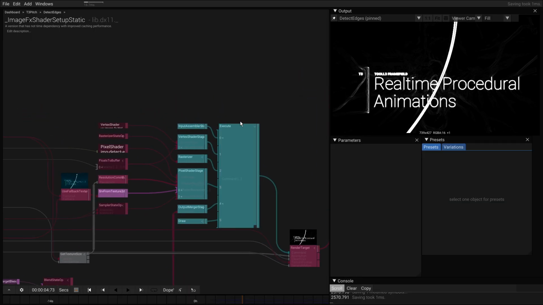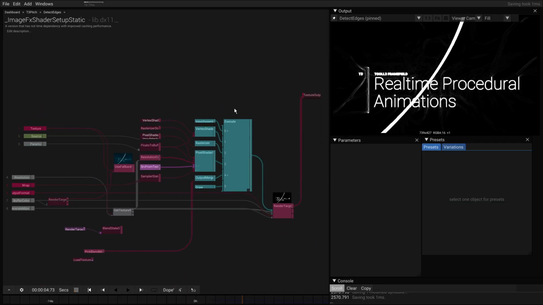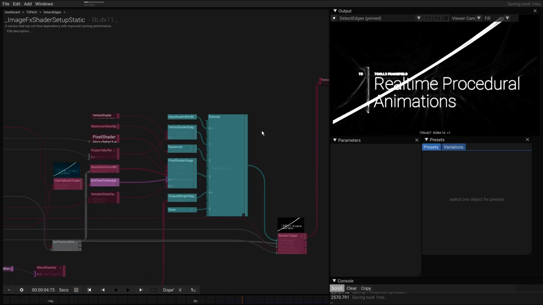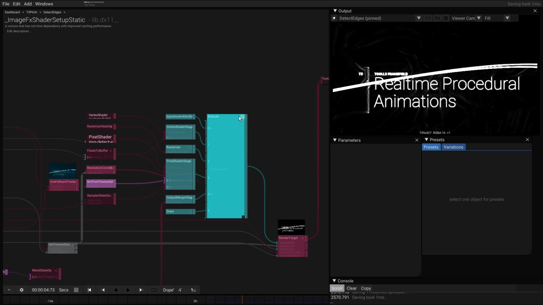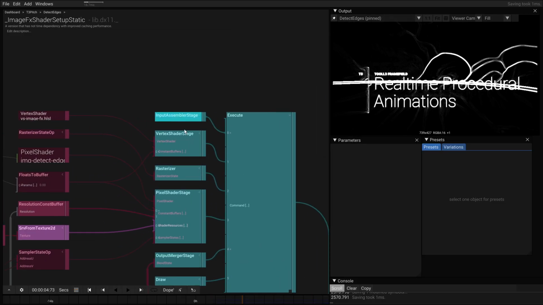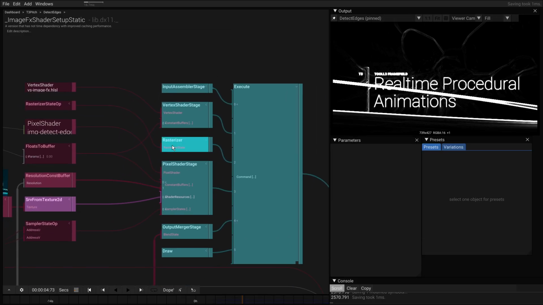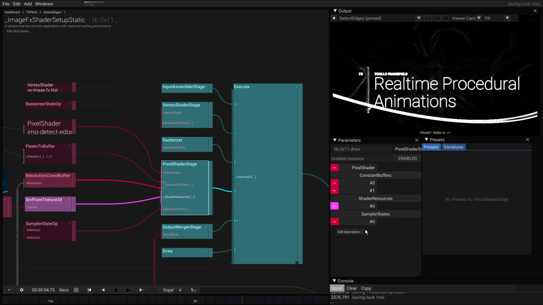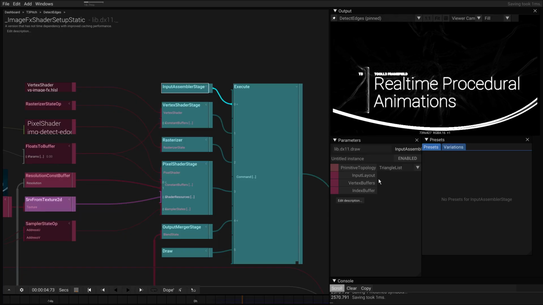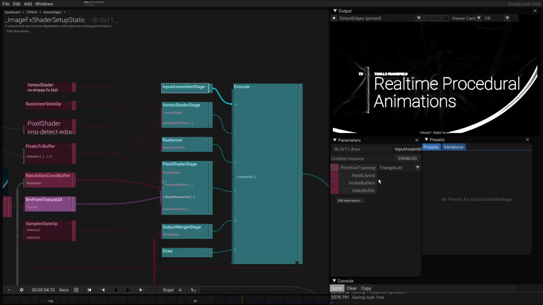And this one goes really down there into DirectX land. So these are DirectX API calls, you could say. So we have the input assembler stage, vertex shader stage, rasterizer, and so on. And all these is basically mapping the complete DirectX 11 API.